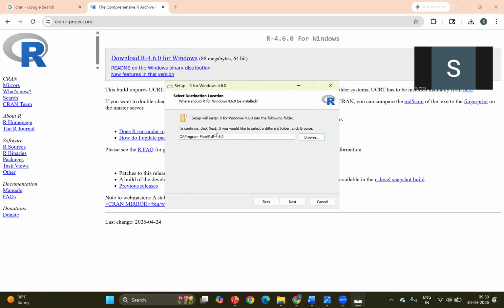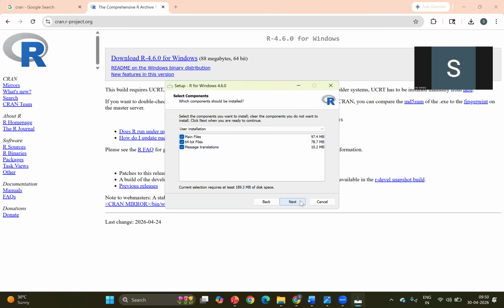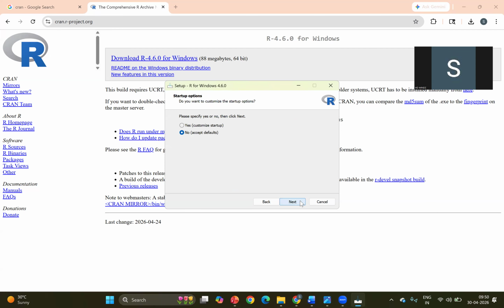Now I am selecting this default setting, so I will go to next, then next, then next, then next, then next. It is installing R on my system, for Windows. If you are installing on a Mac, then it will show you the Mac related information. While it is installing,